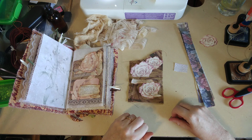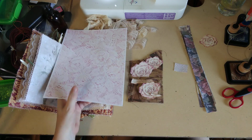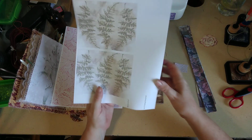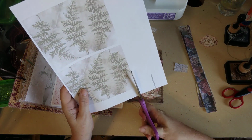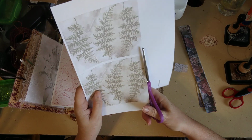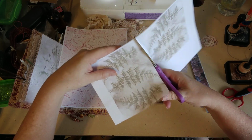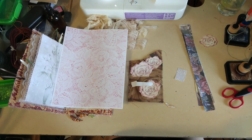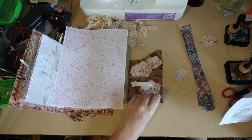That's all in the camera, right? And let me get this and the leaves. Okay, so these leaves are from the Melodimade Floriculture kit. I love this kit. There's just so many great things about it. And the thing is, you guys, this is what's cool about buying a digital kit: you don't have to use it in one journal. You could, like I did, make it the theme of this journal,